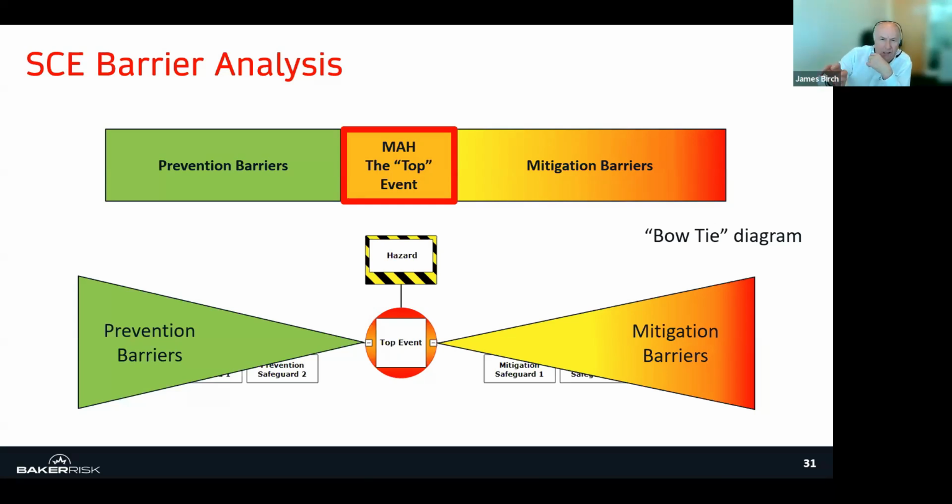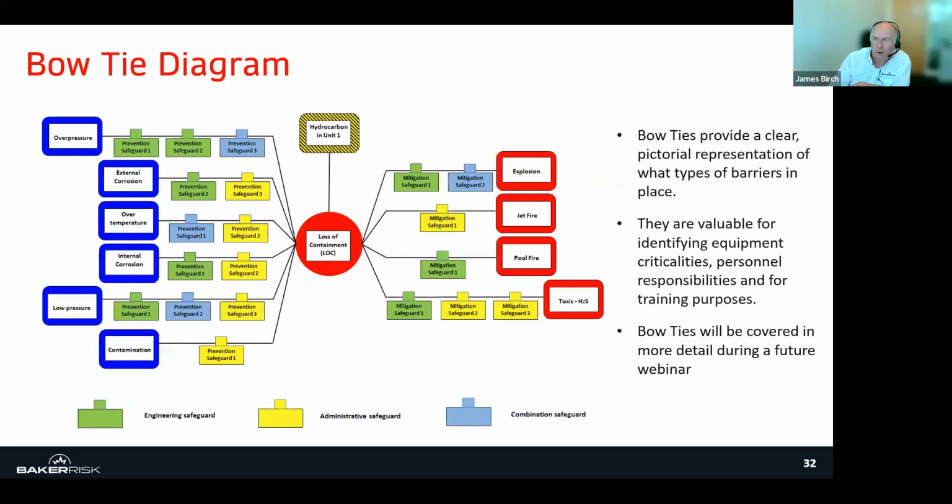The next one I want to show you is actually quite a complicated drawing, but I'll explain it, of how we start to fit all these pieces together and how we start to make that decision of where are we strong, where are we weak. So this is an example for a storage tank for a loss of containment. On the left-hand side, we have a number of reasons that might threaten the event. On the right-hand side, we have a number of consequences: fire, explosion, toxic release.